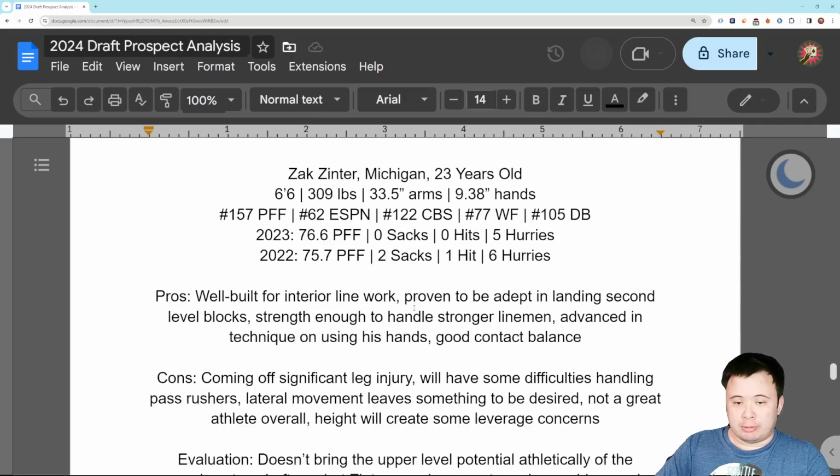And as of right now, he's ranked right outside the top 100, but I feel like he's going to end up in there. It's Zak Zinter, yet another Michigan Wolverine offensive lineman. Basically, every one of them is going to be involved in this draft in one way or another, and Zinter might be the most appealing